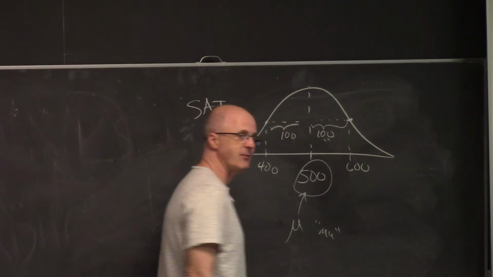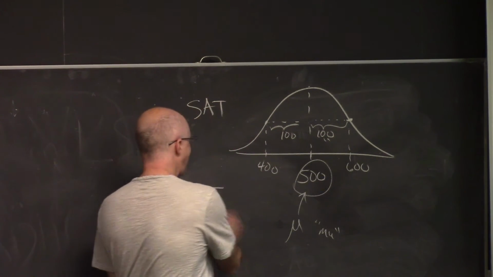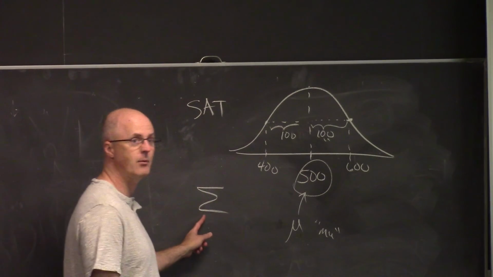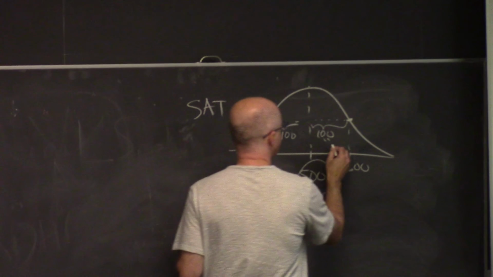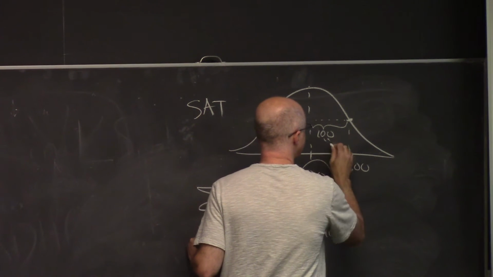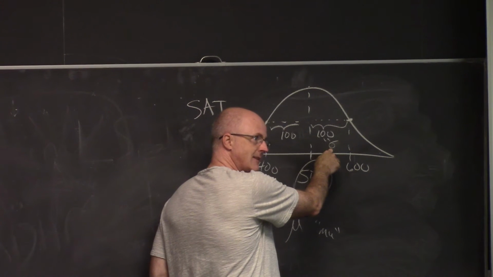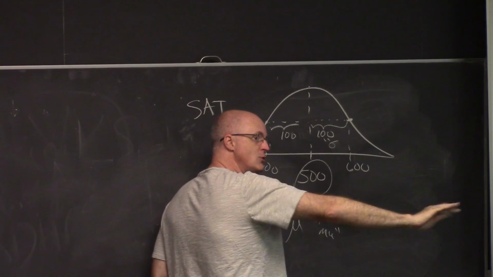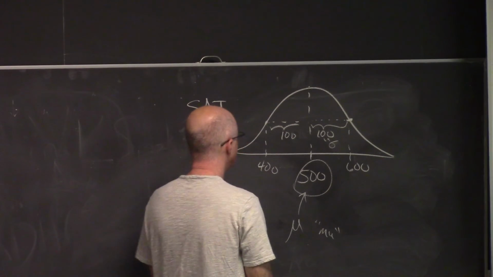We use a Greek letter for the standard deviation as well. The Greek version of S is sigma. Not that sigma, that's a capital sigma. We use a lowercase sigma, which doesn't look anything like an uppercase sigma, for the standard deviation. It looks like this, and that's the thing that shows up in your calculator underneath the S, although we're still not going to use that. You're just being told what the standard deviation is.